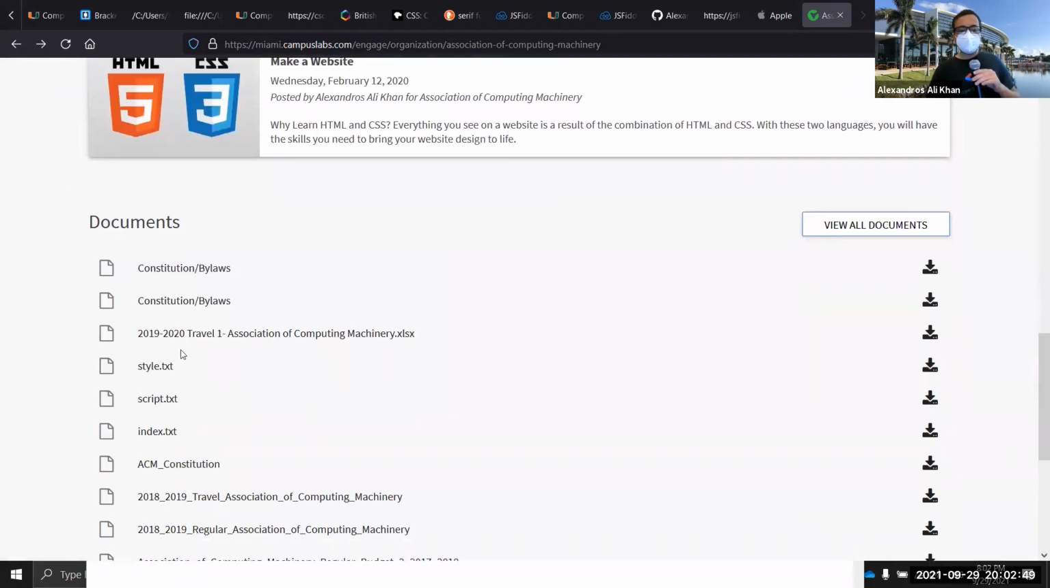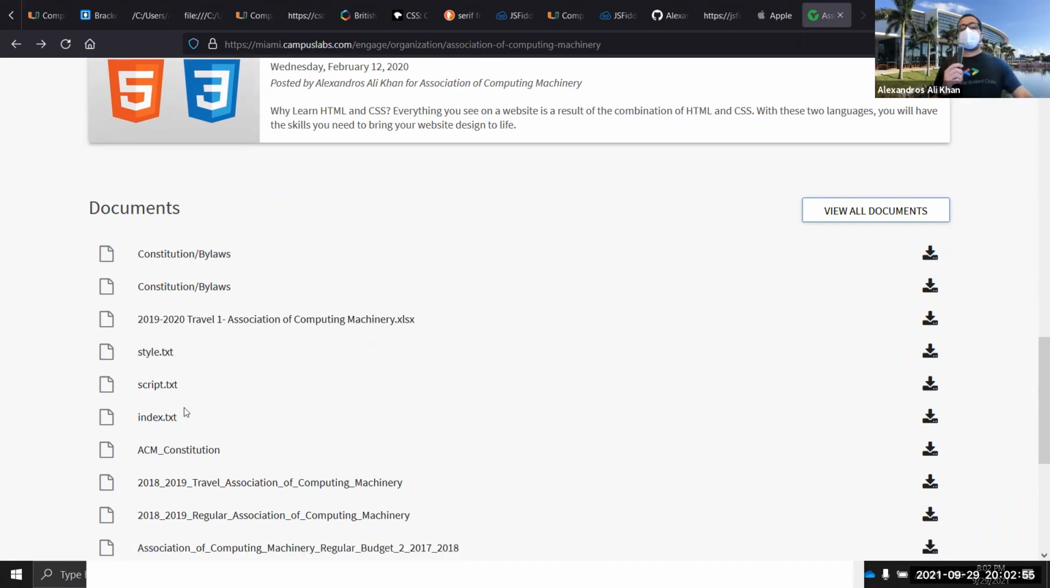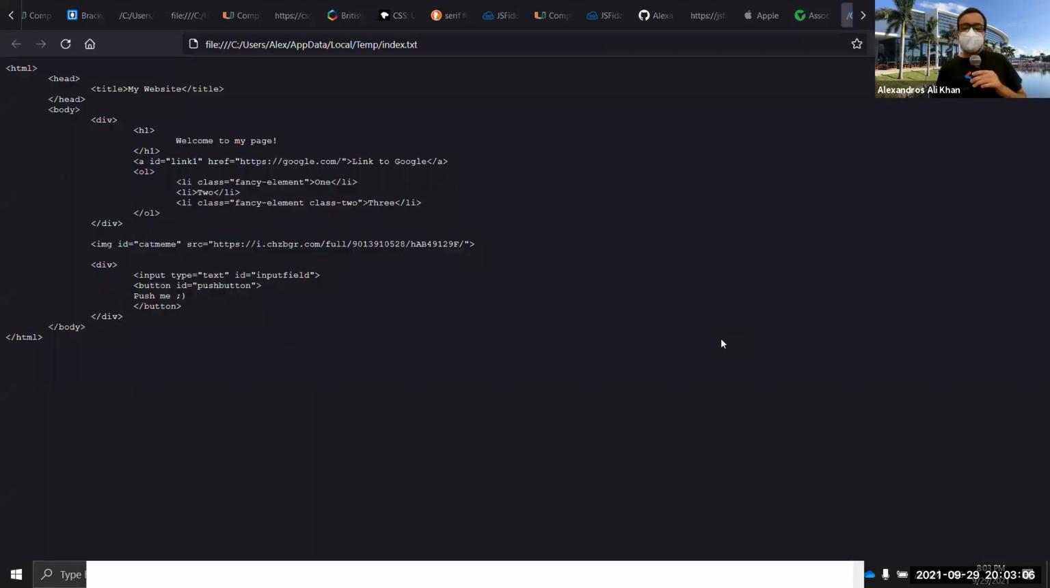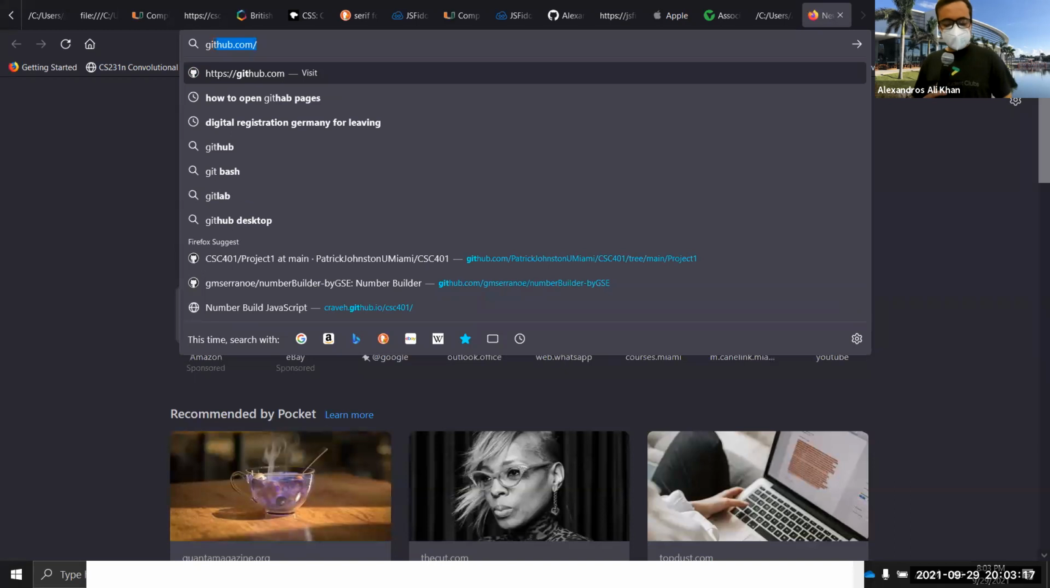There's also some files here, style.txt, script.txt. You will have to rename them. Unfortunately, I cannot upload HTML files on Engage. So it is a text file, but if you observe it, download, let me just open. You will notice this is HTML. And then if you also want, there's also another source. If you just go to my GitHub,